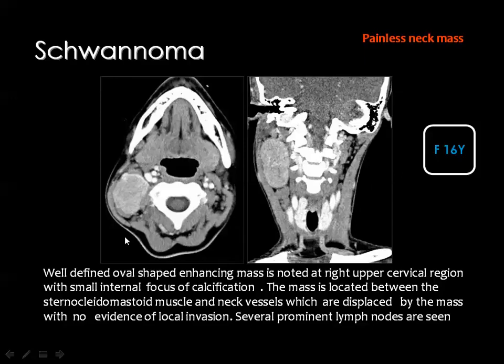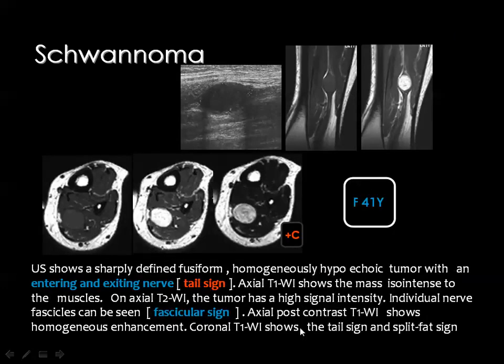Schwannoma and neurofibroma are well known in the head and the neck, especially in the space posterior to the parapharyngeal space, and it shows similar criteria like the enhancement and the characteristic location. And this is a schwannoma in the leg. You can see the tumor of almost iso-intense signal to the muscle, high signal in the T2, significant contrast enhancement